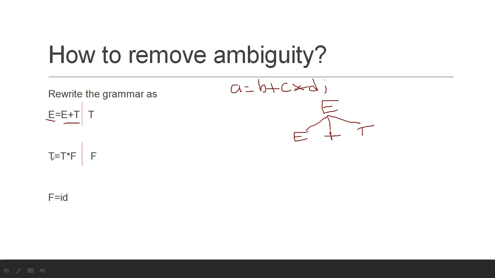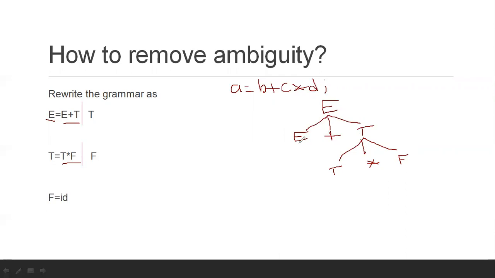Now what is the operation? T is equal to T star F or F. If we go directly with F, this will end because there will be no other possibility. But we have to go with T gives T star F. So for T gives T star F. T star F. Now, is there any production remaining? Multiplication is done, plus is done.